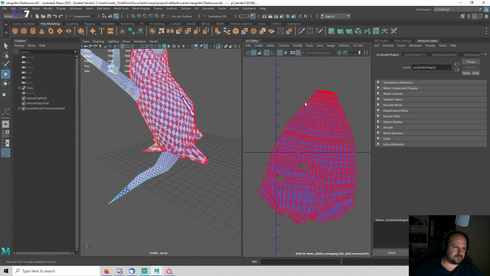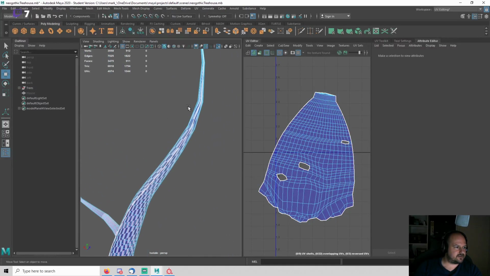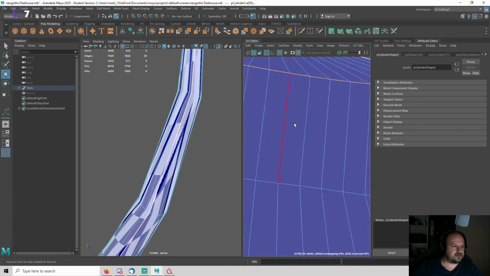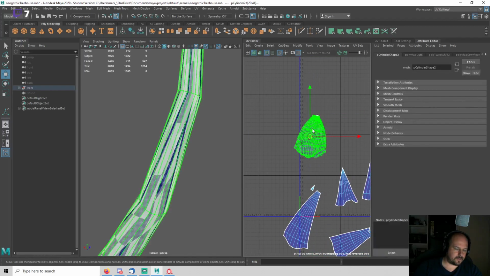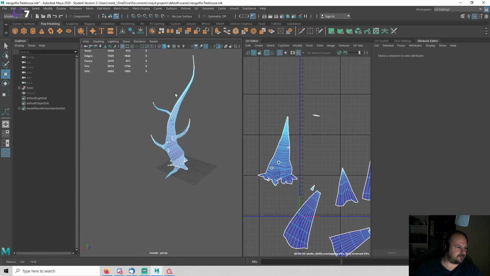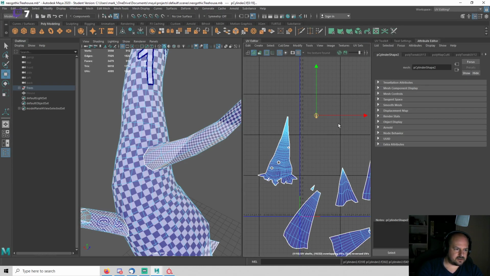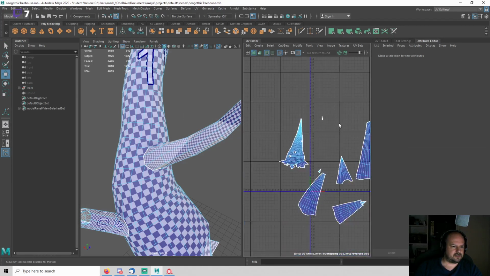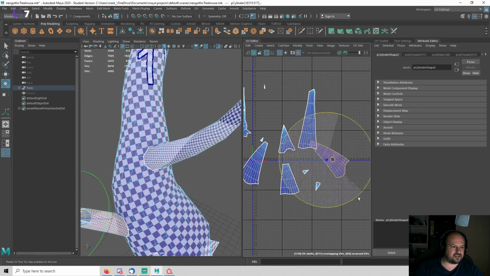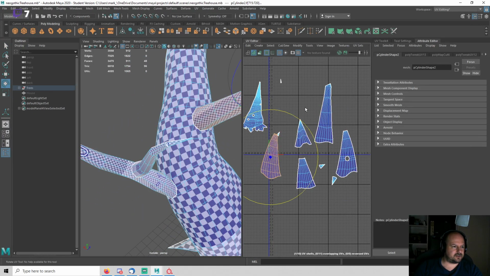Let's try this again, unfolding. Yeah, again the tip is gonna cause issues. Definitely. Let's cut it off. Boom. Looks pretty good. Nice. Okay, I do want it to be all pointing in the same direction, so that also means that the textures will all flow in the same direction. It's kind of nice. So I kind of want that, so I'm gonna grab these, and then I'm just gonna grab the